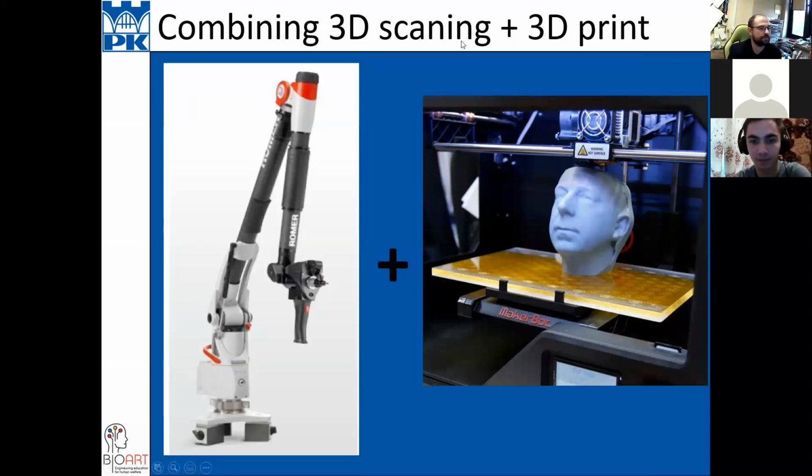But in this case, you can do something like that, yeah? Scan something and print. They use it in a lot of techniques. They use it in automotive. They use it in medicine, of course, because when you want to model some connection between body and the print, it's easy. It's better to scan and next print some good connection.